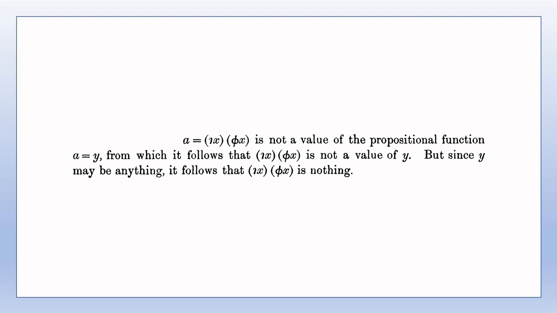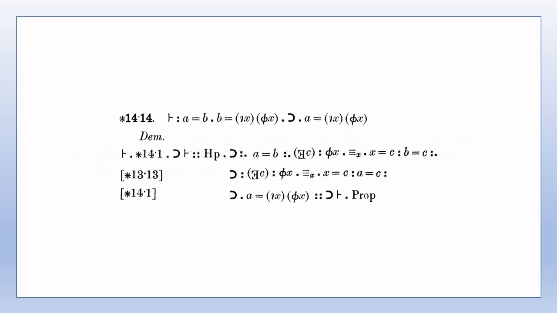The demonstration of 14.14 is omitted since it's seemingly a direct application of 13.13, where we have psi b is b equals the so-and-so, and therefore the argument of psi is being replaced by a different symbol, a, which represents a proper name and not a description. Thus the argument of psi is arguably not being substituted with any expression representing a description. Of course, if we're in any doubt, then we could use definition 14.01 or proposition 14.1 if we wanted to,